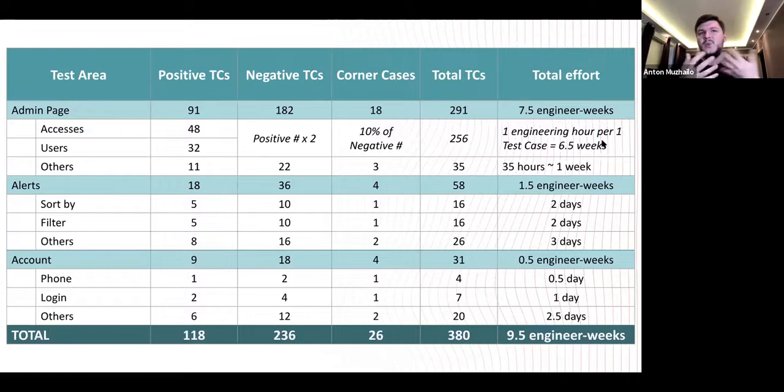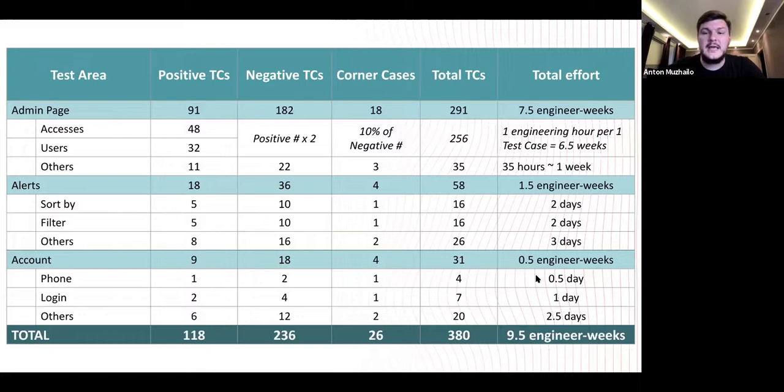Why would I say 1 engineer hour per 1 test case, when it can be done in 30 minutes, right? You also need to calculate resting time, or time spent for meetings, or for coffee, for example, for dinner, for food, but still it will be 1 engineer hour. If you expect a large amount of meetings, or long and complex test cases to create, you could put 2 or 3 engineer hours per test case, and it's okay. So in total, you'll have 7.5 engineering weeks for the admin page,